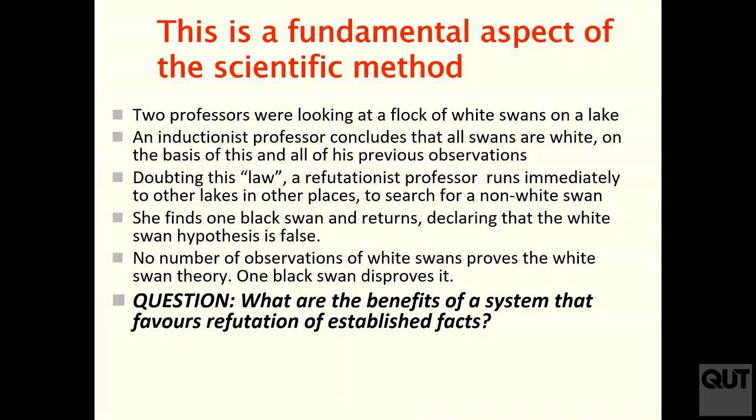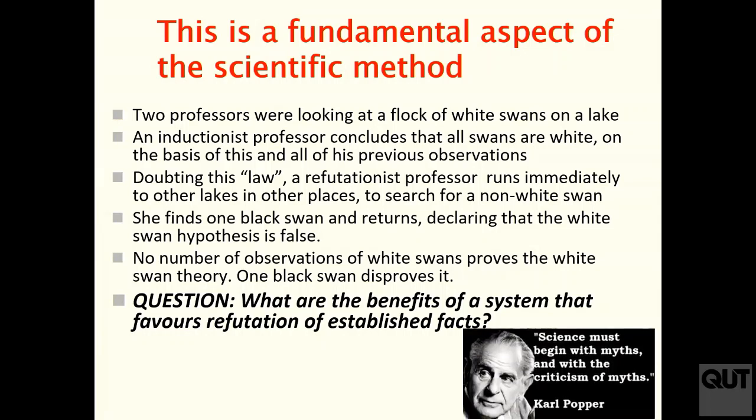It's all linked to the idea that you need to refute. It's great, because I've never been comfortable with absolutes, something to be absolutely true. And this is a good reason why you shouldn't be comfortable either. Popper popped up and said, science must begin with myths and with the criticism